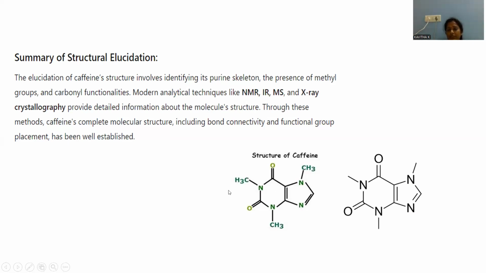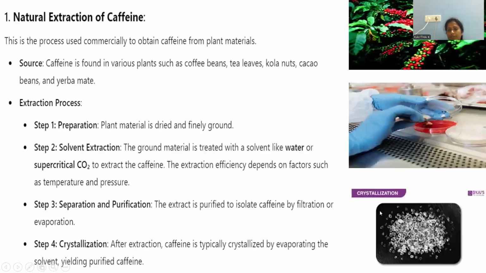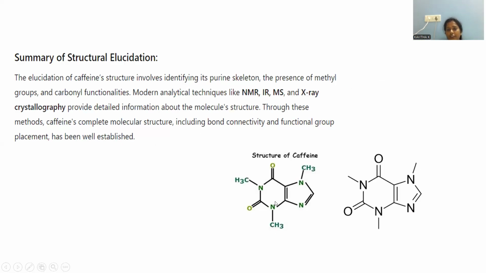So by this, we can clearly observe the entire structural confirmation was carried out by these advanced analytical tools, so that you can observe the methyl groups, double bonds, conjugation, and fused ring system. So this entire structural confirmation was carried out by means of what? This analytical observation. So we completed another segment called structural elucidation.